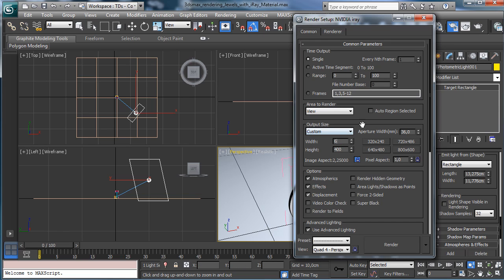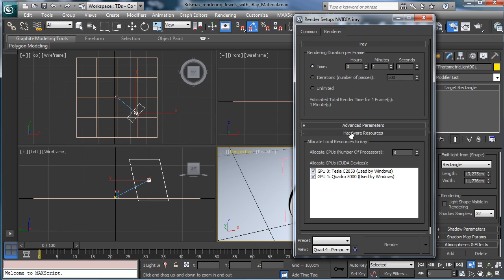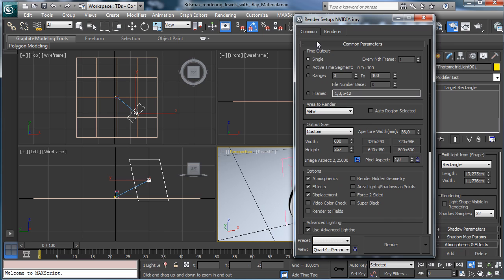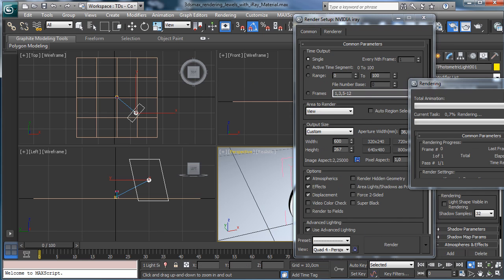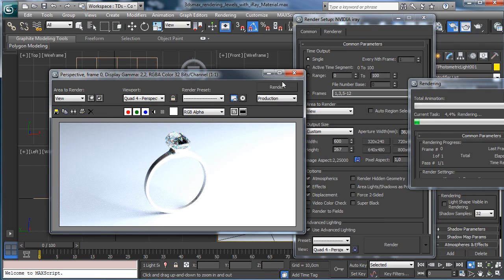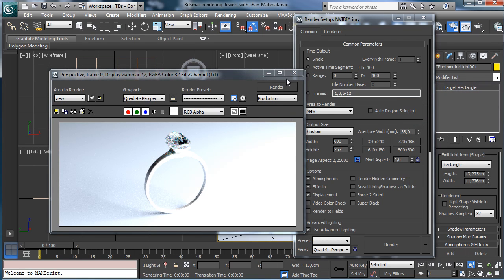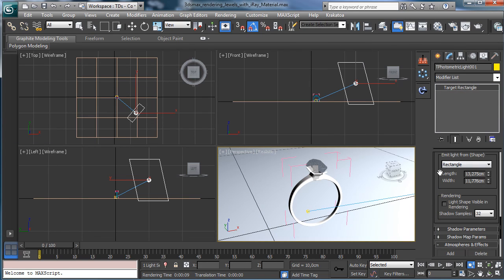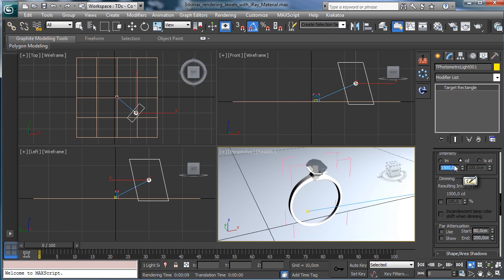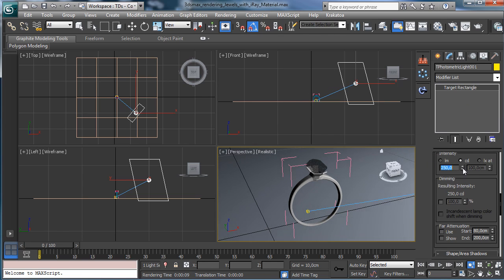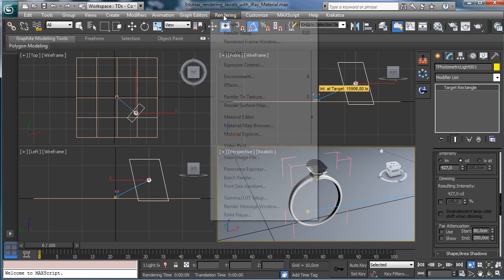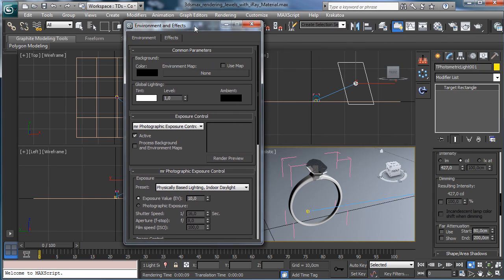That's the resolution. Let's try at 600, and I will use actually just the processor and just the Tesla. Okay, this light is really powerful, and that's the first thing we see. So let's set to off, and let's check, and let's go for 250, maybe something like that. And the environment will use